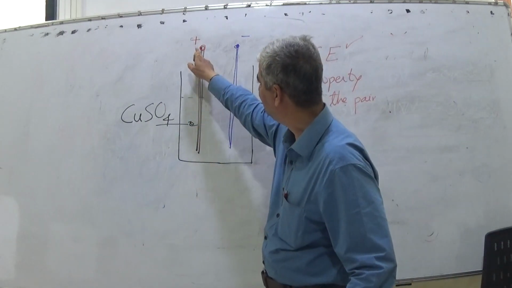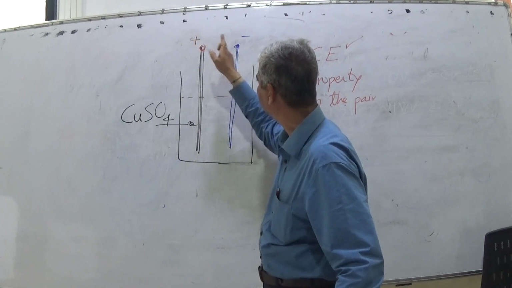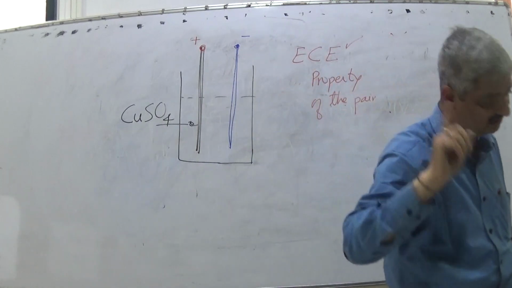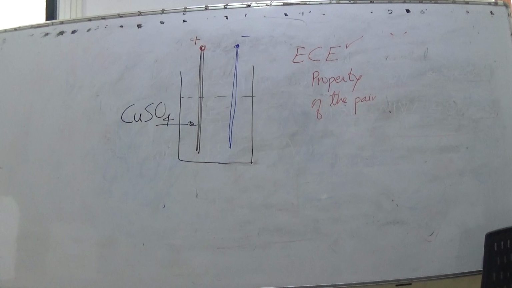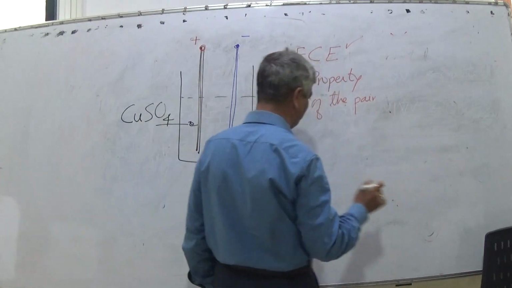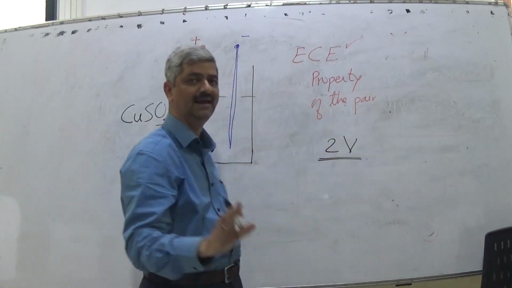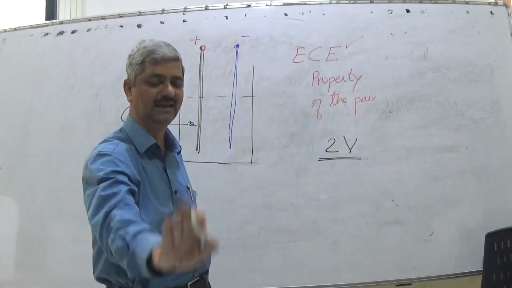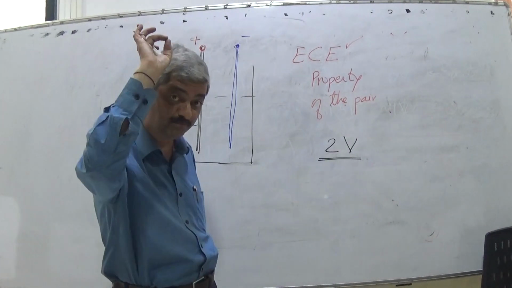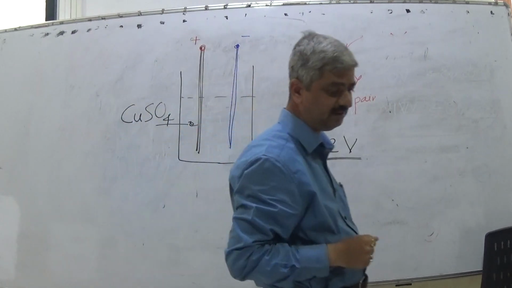Electrode and electrolyte. So, this is at some fixed positive voltage with respect to this. And remember, I am again repeating because that is fundamental: electrochemical equivalent is a property of the pair. Copper sulfate will always have, let us say, just as an example, 2 volts, not the correct one. The copper sulfate pair will have 2 volts. Electrochemical equivalent is 2 volts. It's a property, it's fixed. It will never change. Now what will happen?